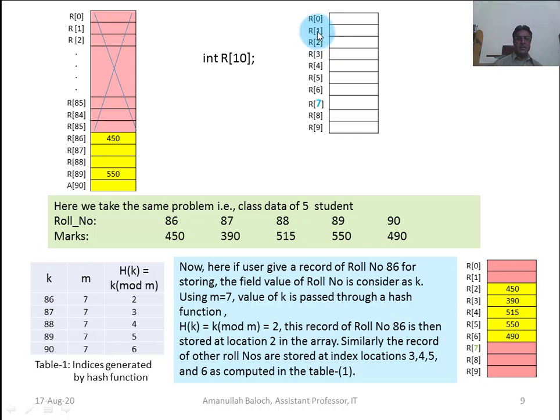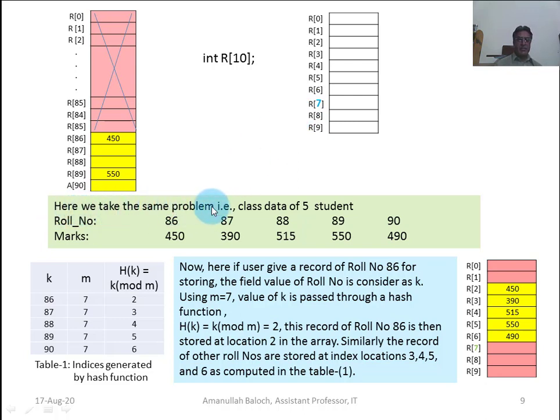In this index, 1 is not prime, 2 is prime, 3 is prime, 4 is not prime, 5 is prime, 6 is not prime, 7 is prime, and then 8 and 9 are not prime. The biggest prime is 7. We are interested in this large prime number which belongs to the index of this array. What role this large prime number will play in hashing, we will see here.